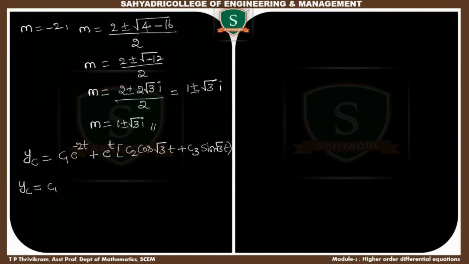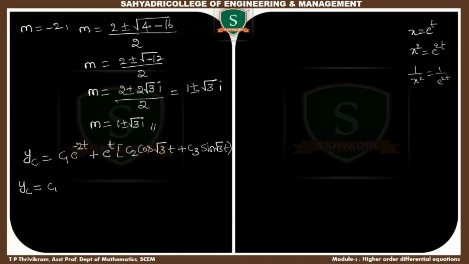Since x is equal to e power t, x square is equal to e power 2t. 1 by x square is equal to 1 by e power 2t. You can take it to the upper side, so you can write it as e power minus 2t. So e power minus 2t can be written as 1 by x square,